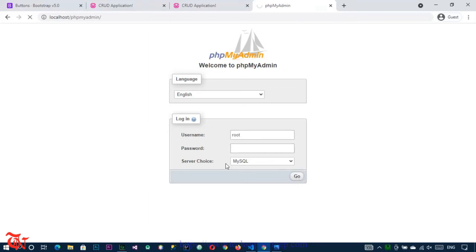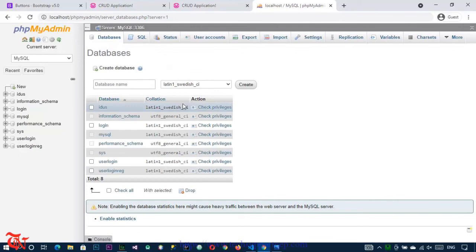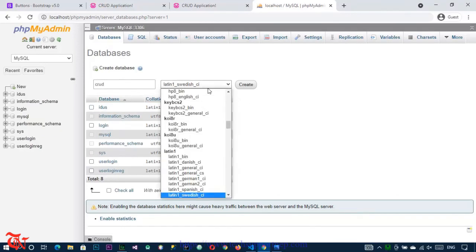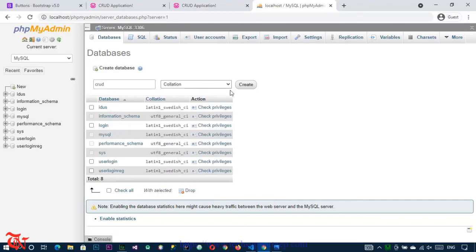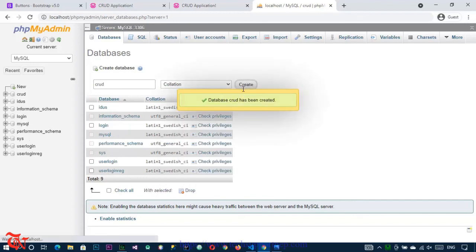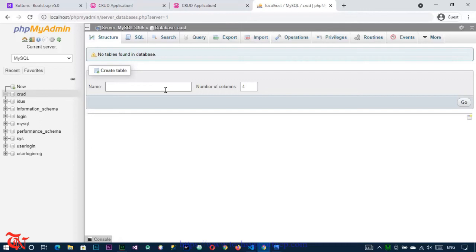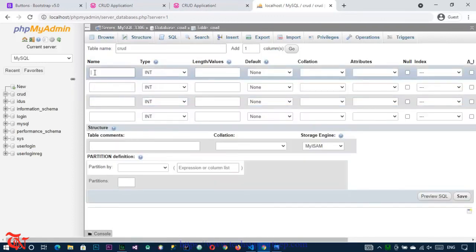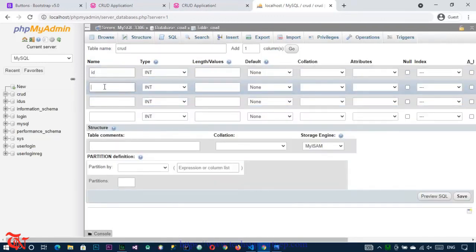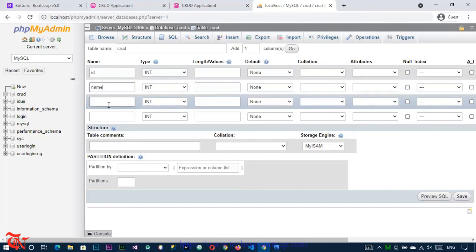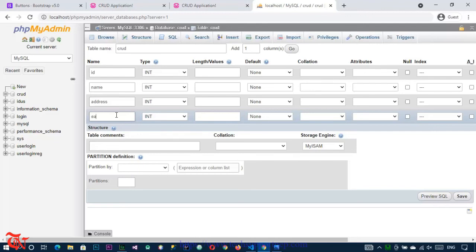Click go, click that new, and database name is CRUD, and number of columns is equal to 4, and table name is equal to CRUD. Click go, and here I'm going to use id, here goes name, here goes address, and here goes email,